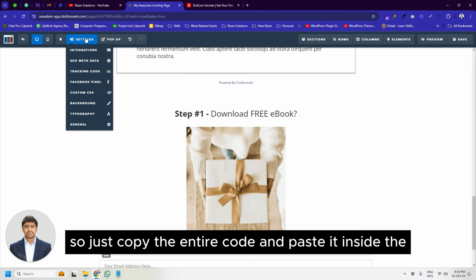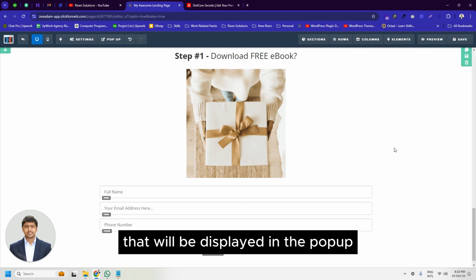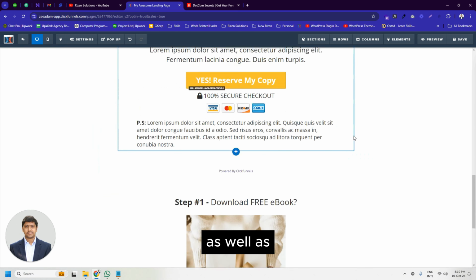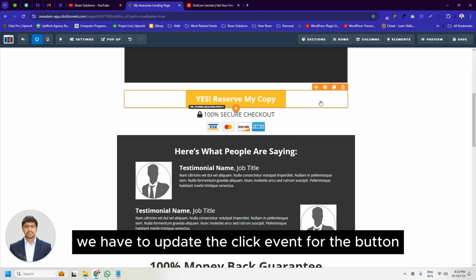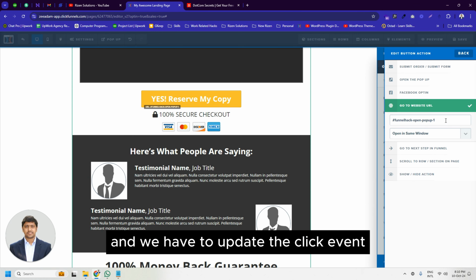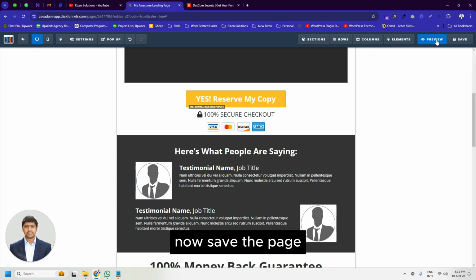Now we have to change the data title values of the section that will be displayed in the pop-up. As well, we have to update the click event for the button, so from the settings of the button, set action, and we have to update the click event. Now save the page